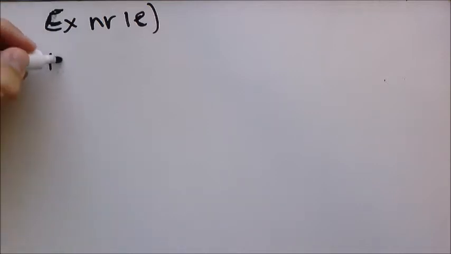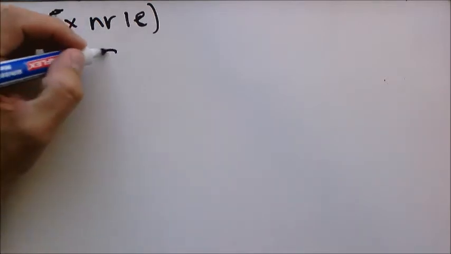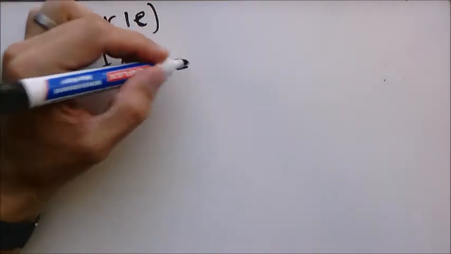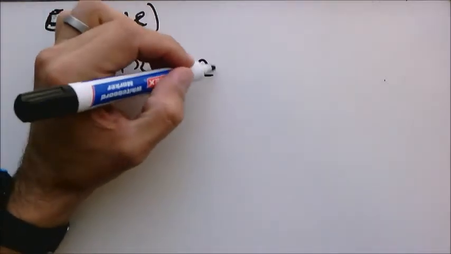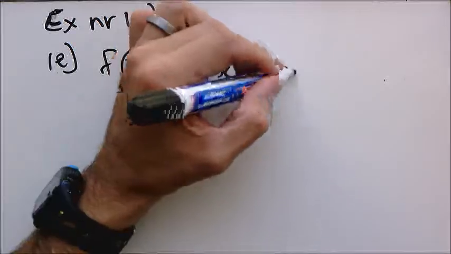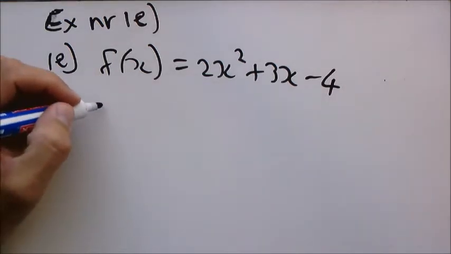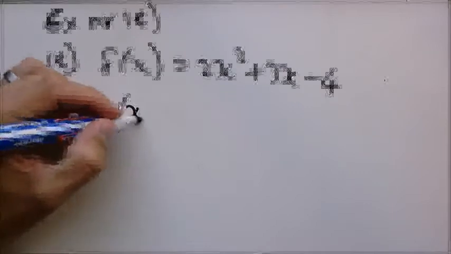And the question states the following. It says, use the remainder theorem to determine the remainder when f(x) is divided by g(x). And then they give you the following expression. f(x) is equal to 2x squared plus 3x minus 4. So 2x squared plus 3x minus 4. And then they say g(x) is equal to